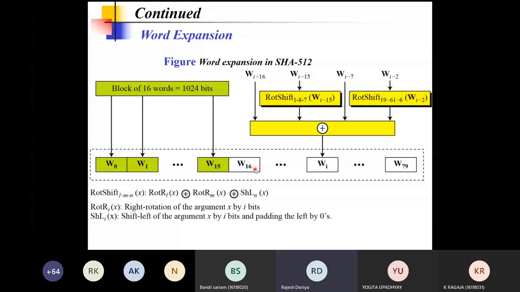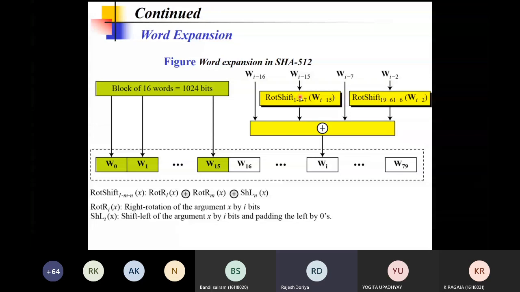So after having 16 words, this is how the next word is being generated. These are the formulas. Rotation shift 1, 8, 7, rotation shift 19, 61, 6. So these are the shift operations on a particular word. This is the input word and this is the output of this operation.